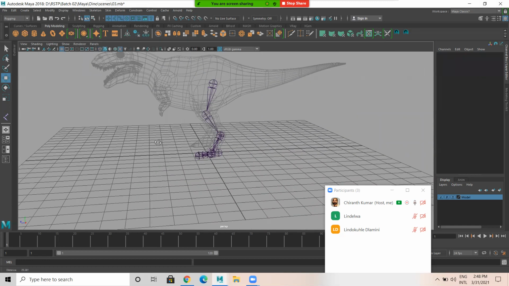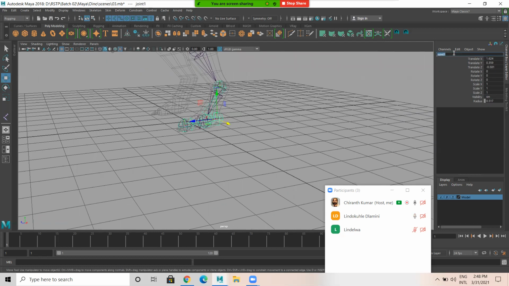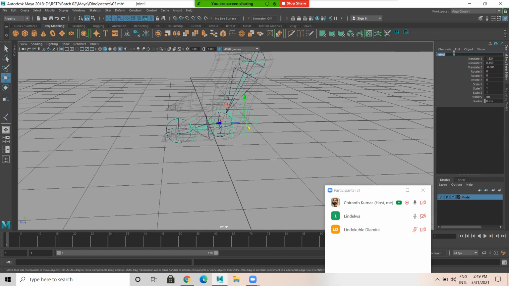Okay. Got it? Now naming. Select this. So now this joint I have selected. LT underscore reverse heel. Naming is very important. You should understand left reverse heel joint. This is left reverse toe joint. This is ball.